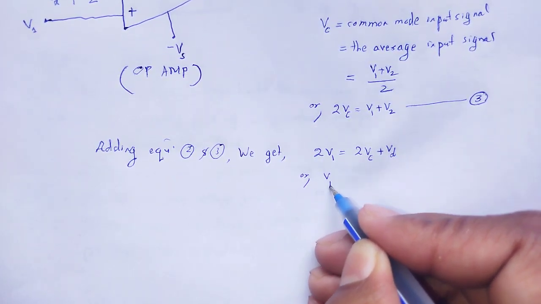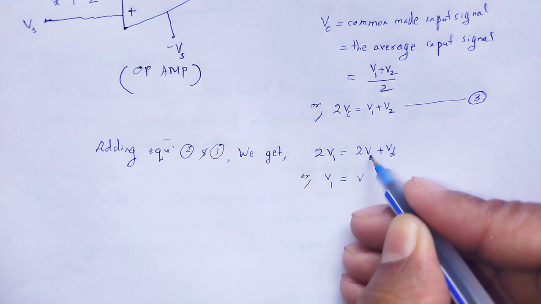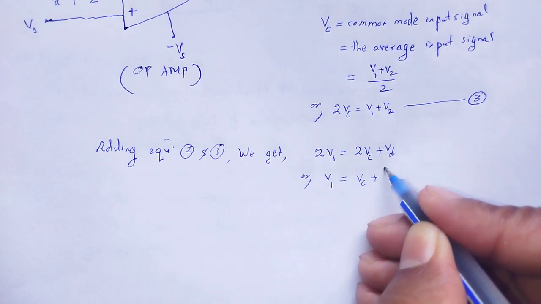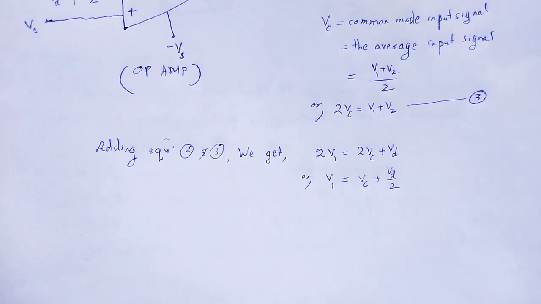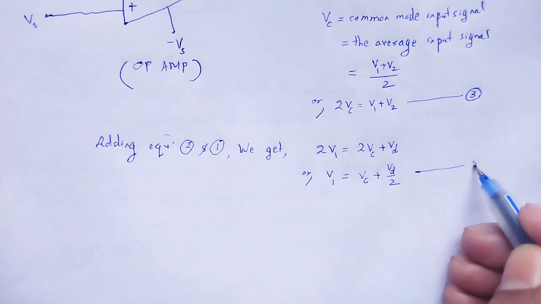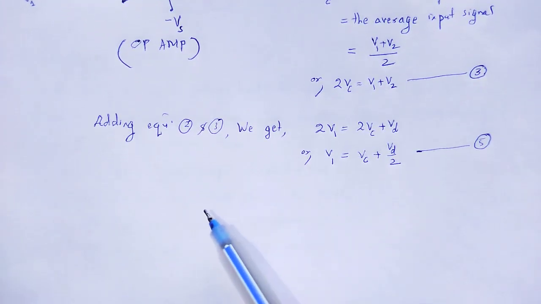Therefore the value of V1 is equal to Vc plus Vd divided by 2, equation number 5. Then subtracting,